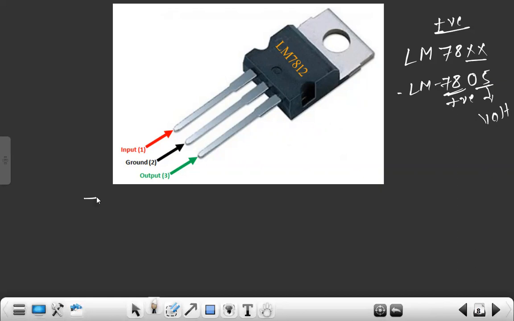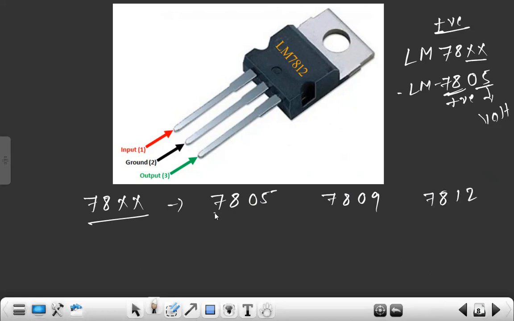Suppose I have a voltage regulator IC 78 and in place of XX I fill 05, so it is 7805. If I write 09, it is 7809, and if I write